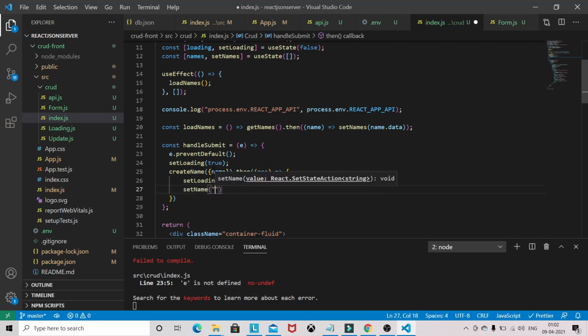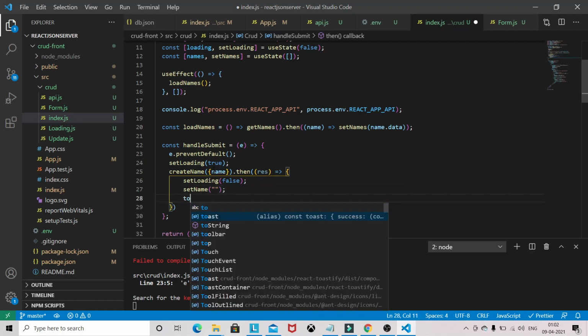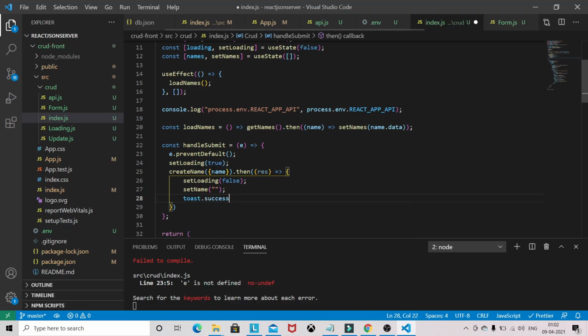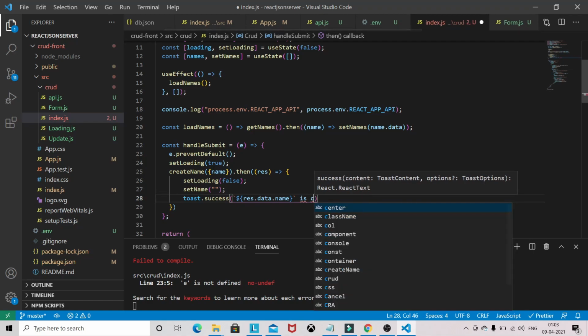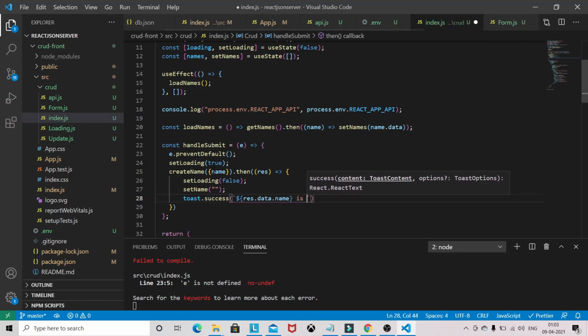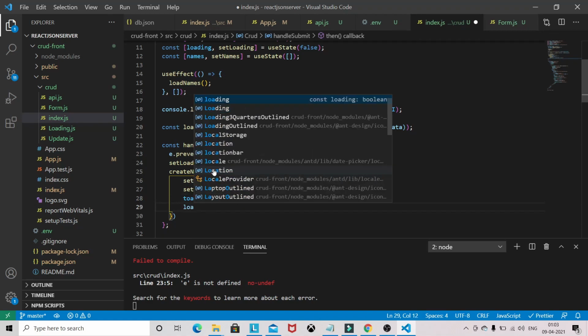We will empty the input field, and we will be throwing the success message using toast. Whatever name we create, we will show that in the success message, such as "created". Then we have to refresh the page as well.